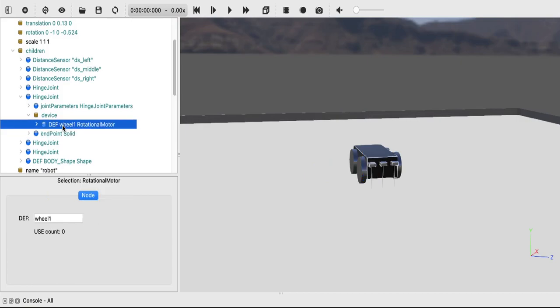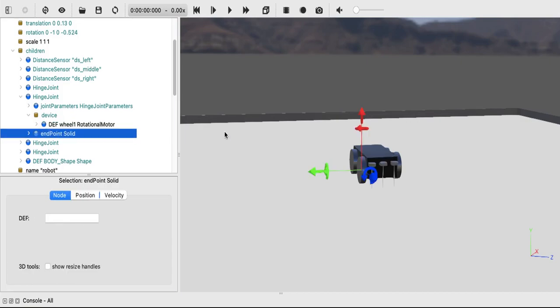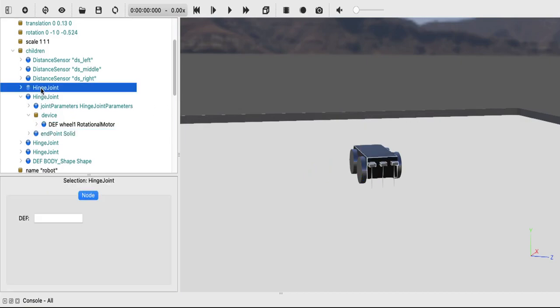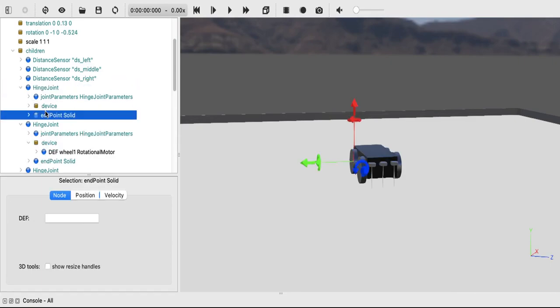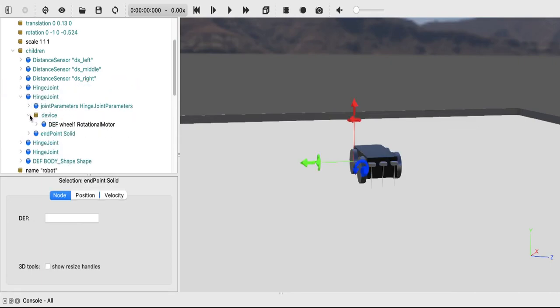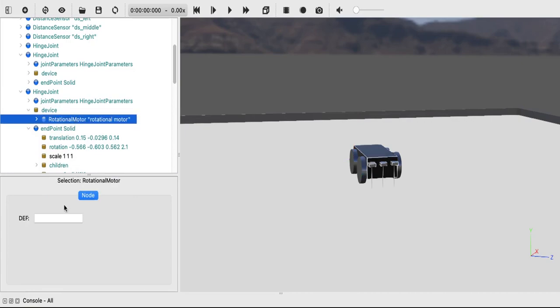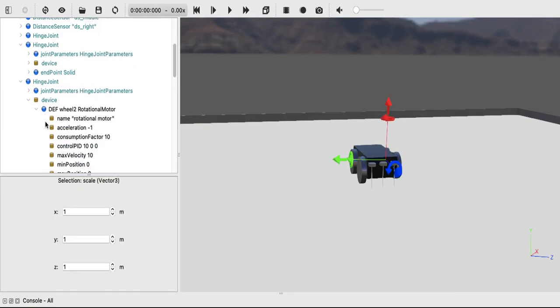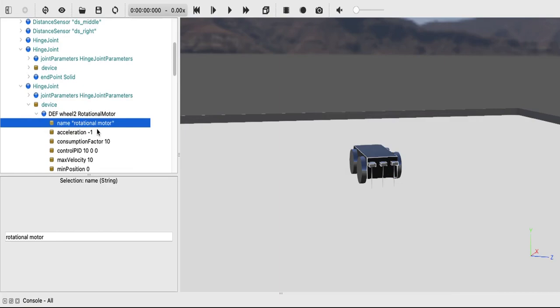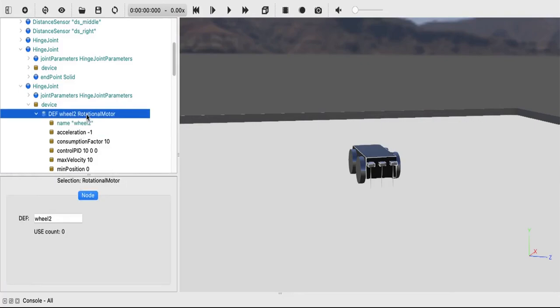Each of the hinge joints should have a different name in the rotational motor part, in the device and in the rotational motor part. Wheel 4, wheel 3, and so on. And to understand, you need to change the name of the rotational motor in the device subpart. In the device subpart, try to memorize this thing,